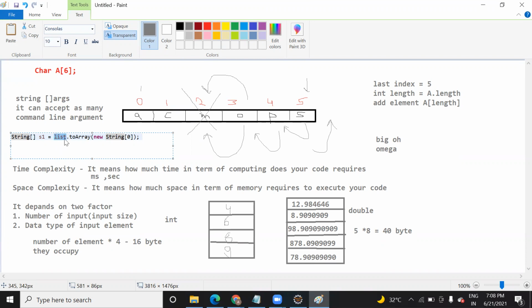We just want to provide a space inside the memory. That is the reason we use the new keyword here. And this string is the data type of the array s1, and to this data type I am providing 0 as an index, telling the compiler to start assigning memory starting from the first thing. From, yeah, correct, first index.